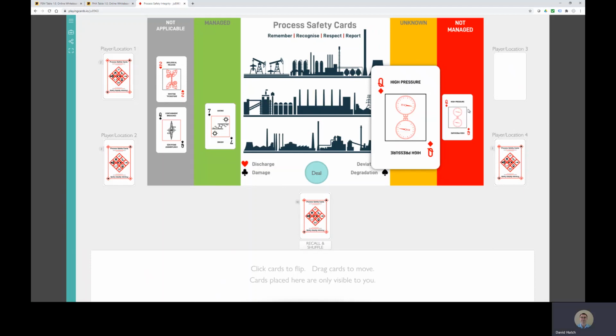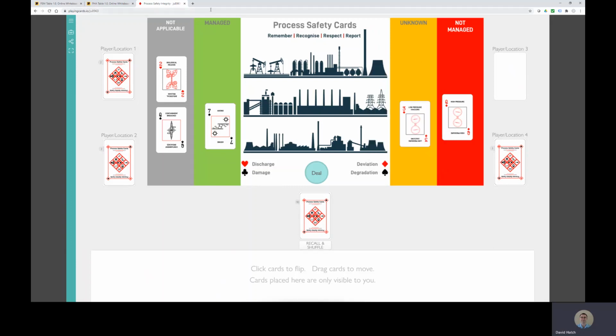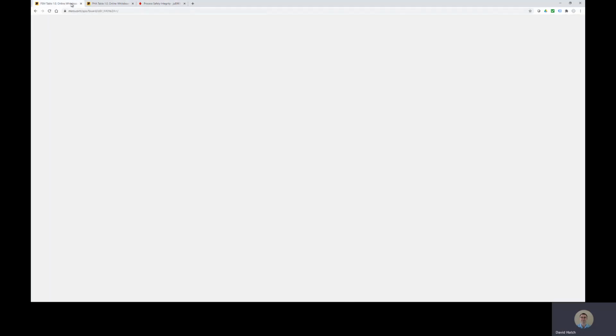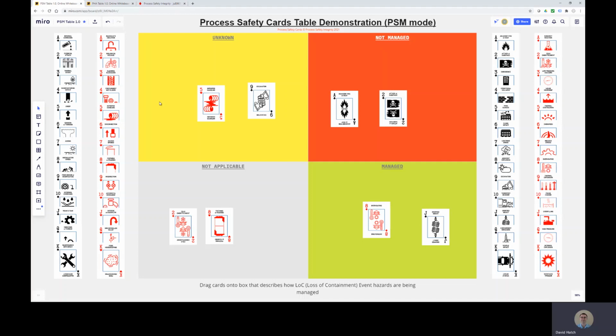So we used a common platform, a publicly available platform to do this, but unfortunately many corporate firewalls perceive this as gambling or gaming. So we've developed an alternative approach using perhaps a more familiar or more accessible collaborative whiteboard technique. So in this example here, this is Miro. Miro can be a plug-in app to Microsoft Teams, for example.